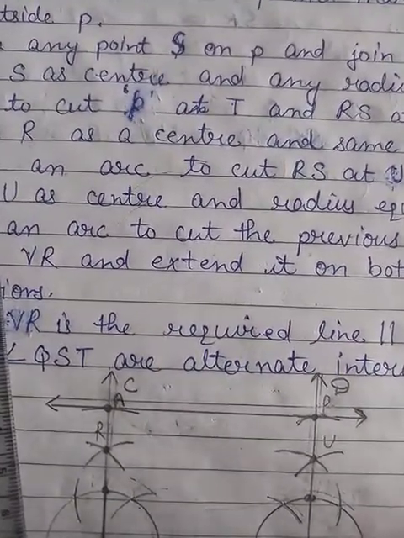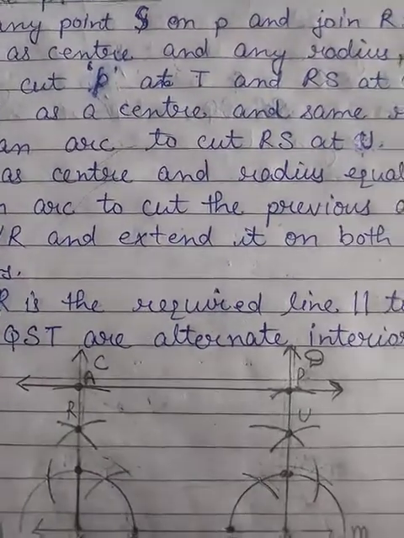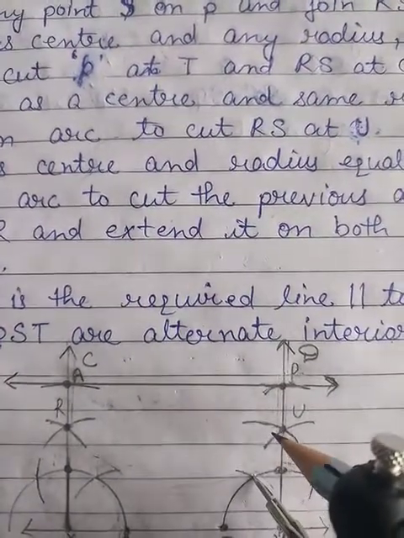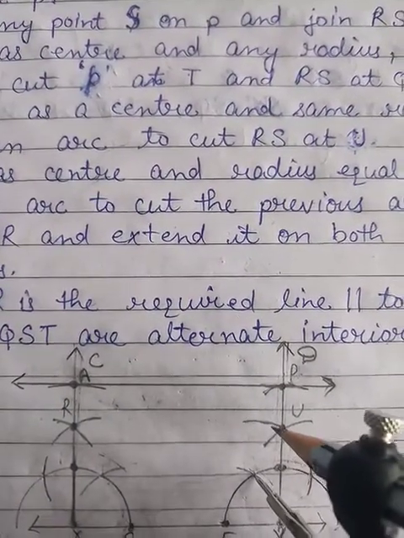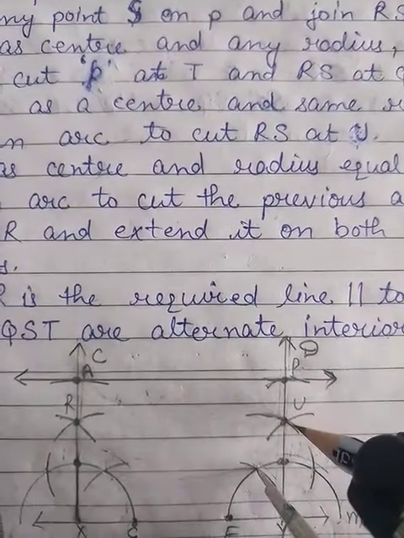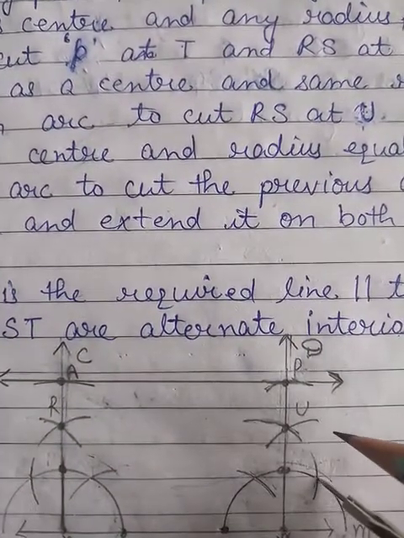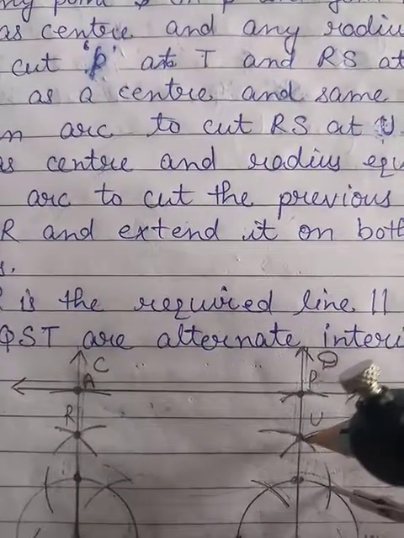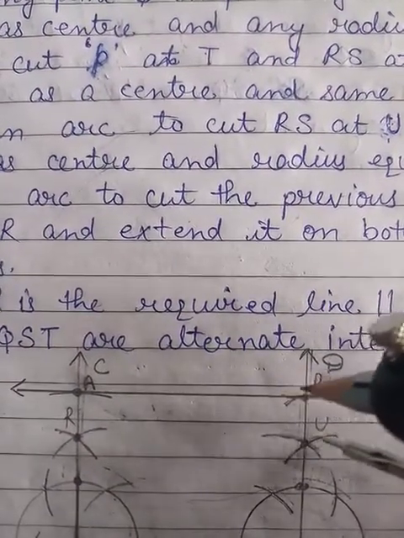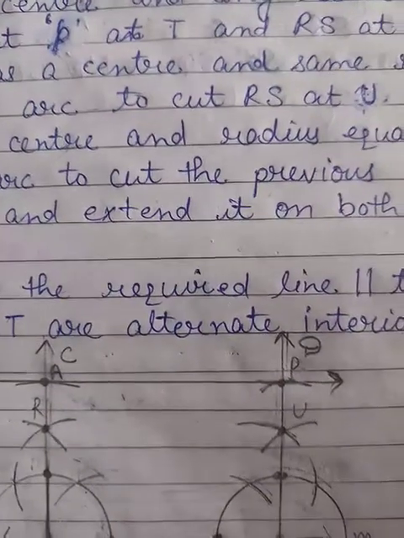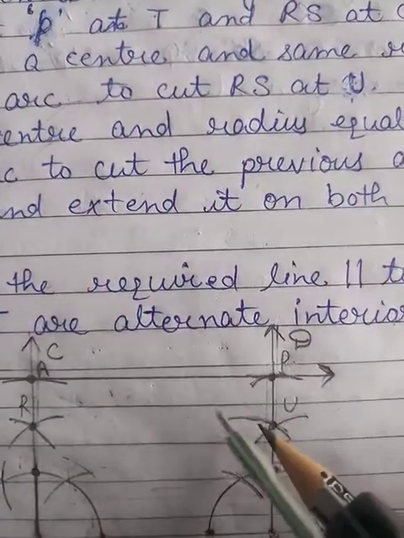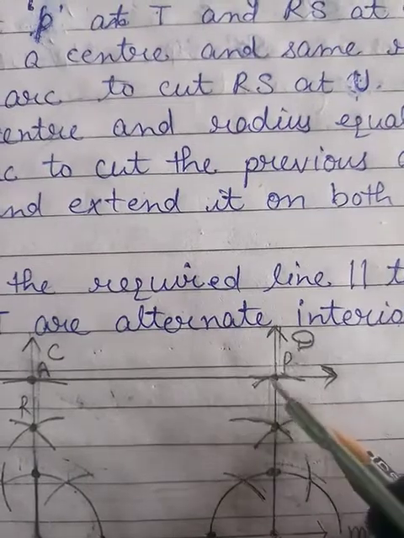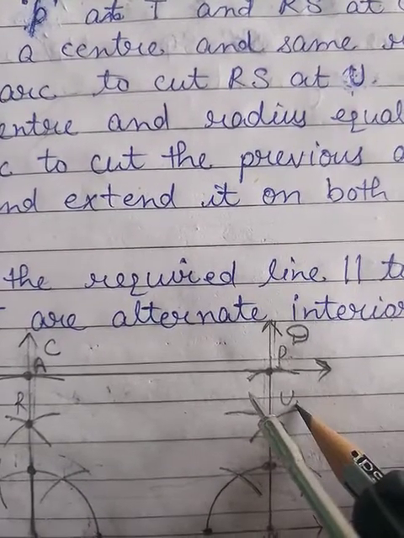Okay, now after that by taking these two arcs as a center, one time this arc as a center, I will draw one arc upward over here, and by taking the second one I will mark another arc. Now at the point where these two new arcs are intersecting, there I will mark a point. The name of that point I have given here U. You can change it to any other name.